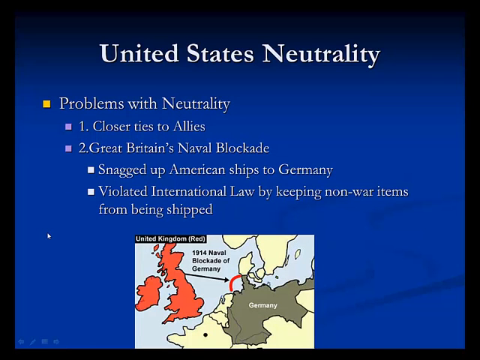Alright, so we know the USA was neutral and neutrality was popular, but that doesn't mean there were not problems associated with the United States' neutrality. It was very difficult for the United States not to be drawn into the conflict. For starters, it had very strong economic ties to the Allied powers, with the Allies purchasing $750 million worth of goods in the opening year of the war, a figure that would only rise as time went on. In other words, the USA depended on trade with the Allies.